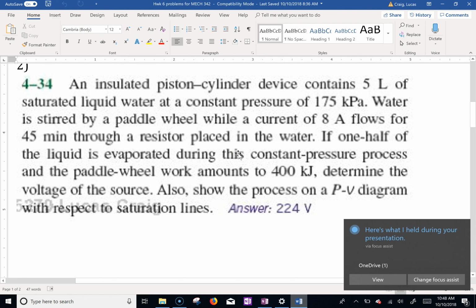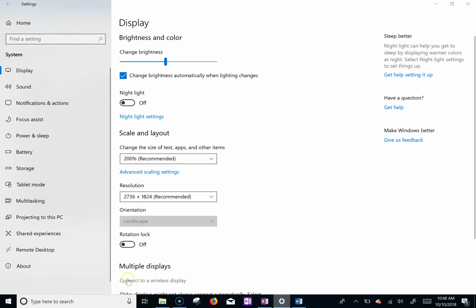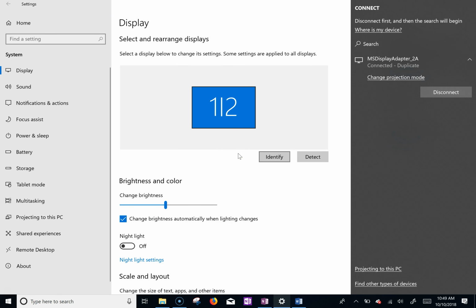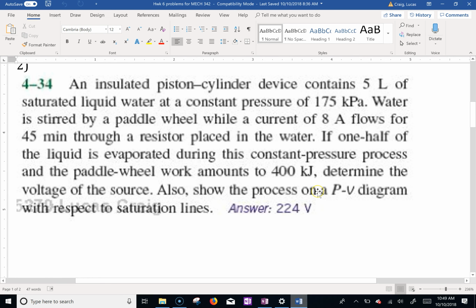Okay. I've got a quick question. Yep. I'm trying to find the voltage given a current. How do we work what we know in Ohm's law? Okay, what is